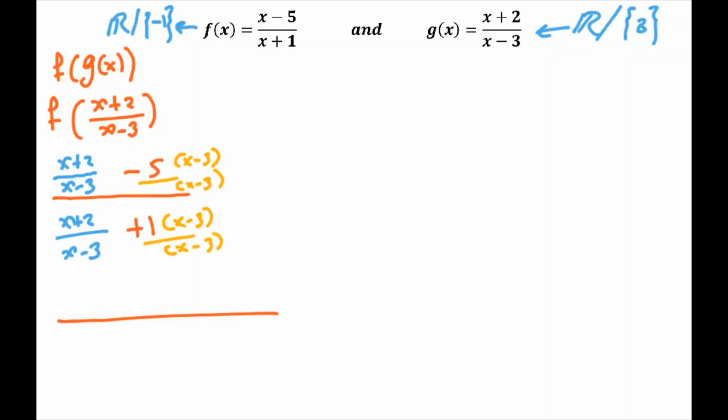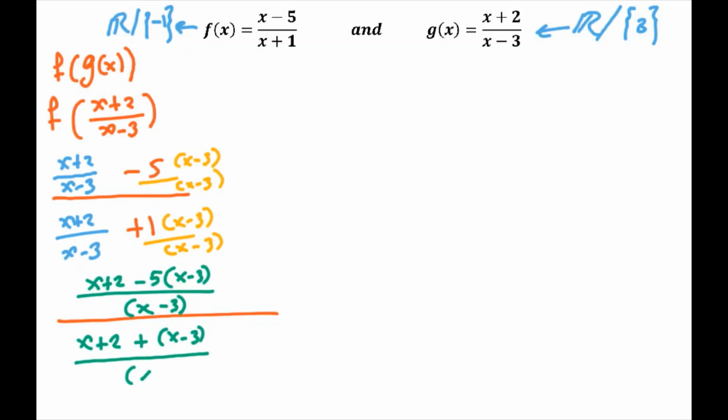That's going to make the numerator x plus 2 minus 5 times x minus 3, over x minus 3. Here x plus 2 plus x minus 3 over x minus 3. Now these two can cross out each other, and we are going to get